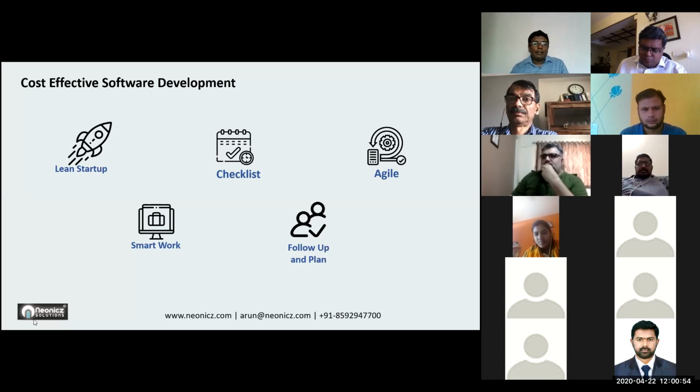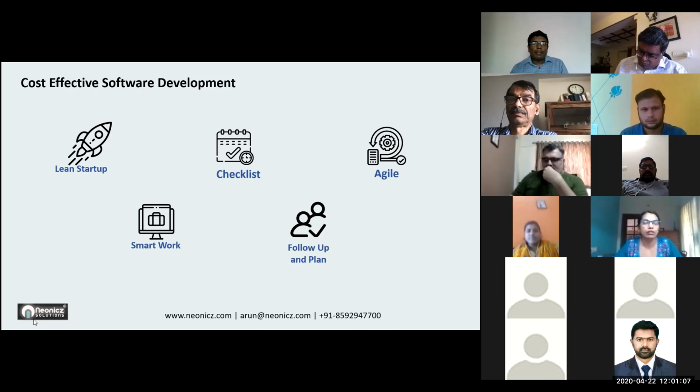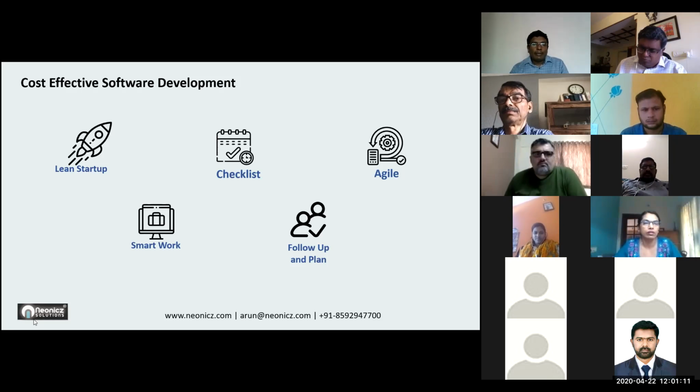As in one of my initial slides, I was explaining this. You don't need to explain all your dreams, what your end product is after a year. You don't need to share that with the developer, but the current things which you are expecting immediately can be developed.